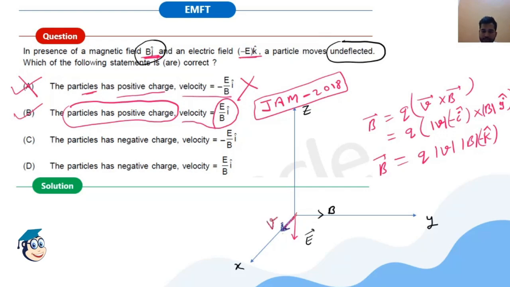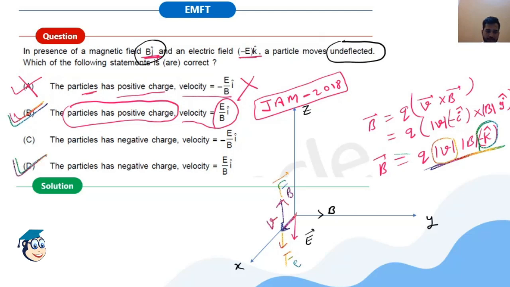So if the velocity is i cap, then the electric force would be in the direction of the electric field. This is the electric force, and the magnetic force is calculated by using the right hand thumb rule of V cross B. V cross B says the magnetic force must be in the direction opposite to that of the electric force. And you can put all the values in this expression, just minus k cap would be replaced by k cap. And after putting in the velocity magnitude, you can see that the electric and magnetic forces are equal and opposite. So option B is correct.